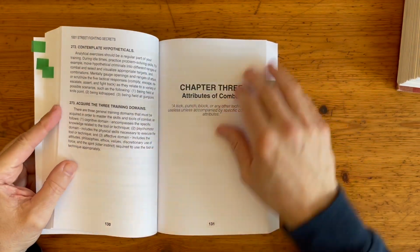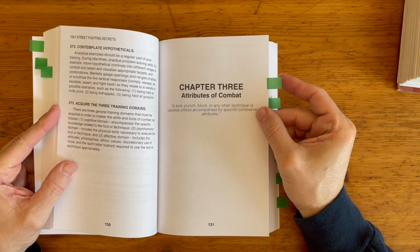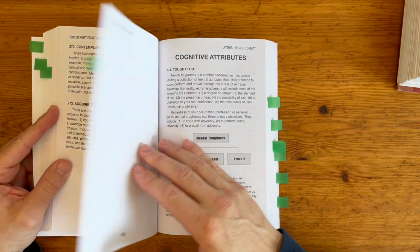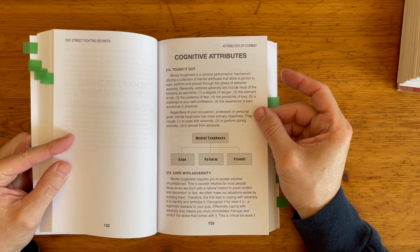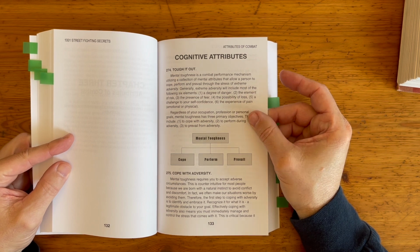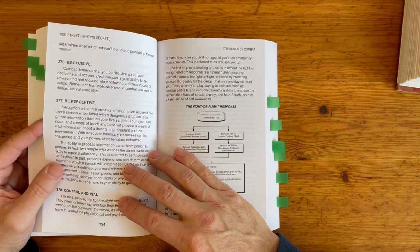Chapter 3, attributes of combat. These are qualities that will make you a better fighter. Attributes are something that many people neglect in their martial arts training. They simply go to the technique and they don't work on the technique from an atomic or granular level. So anyway,